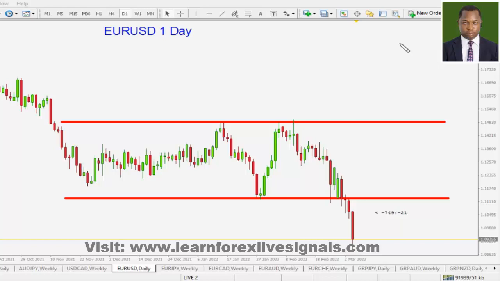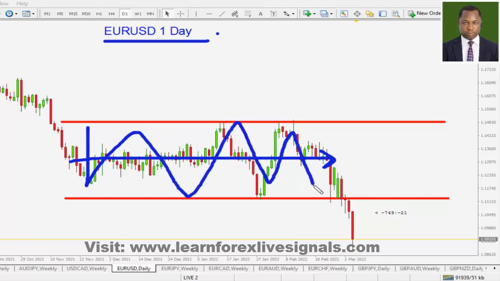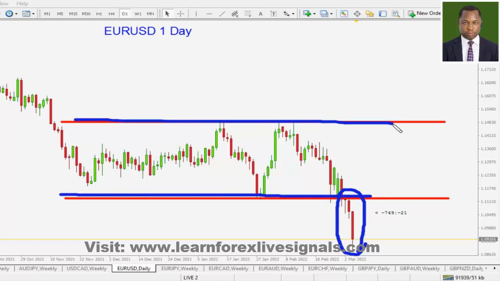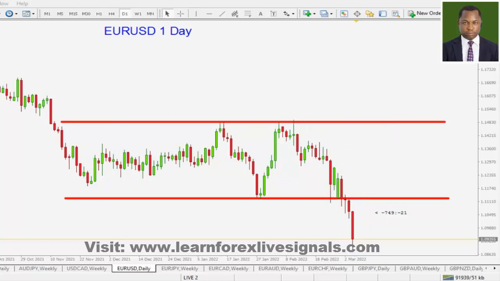You can see in the euro against the American dollar, the daily time frame, we are in a range for quite some time. Price was flat. This is an extremely difficult market situation to trade in. But last week we saw that breakout of that range. Price now made a clear directional hint to the downside for traders to see.